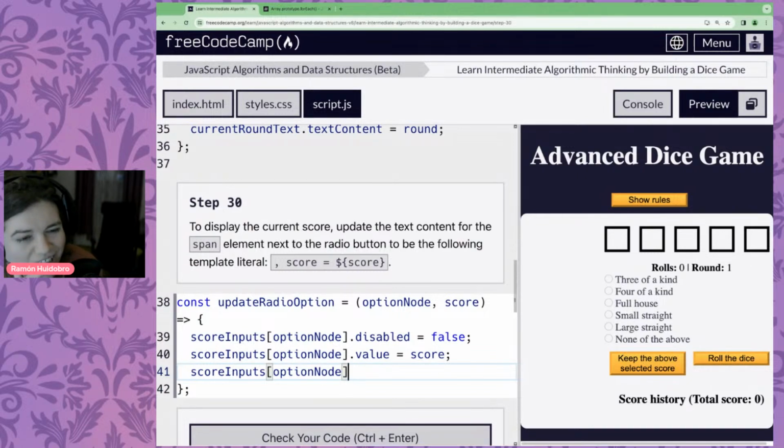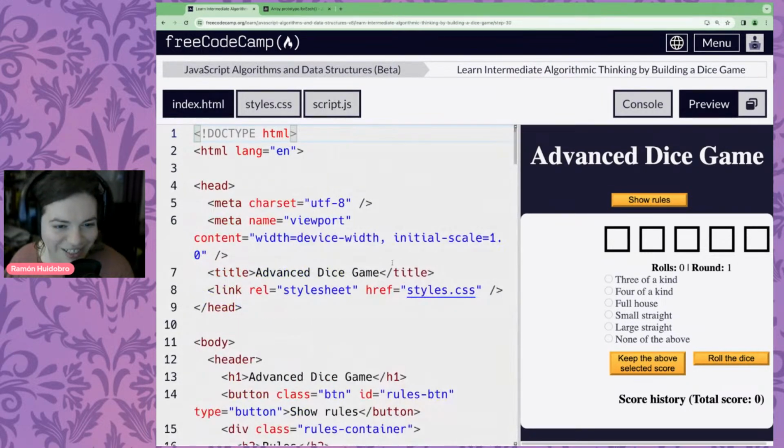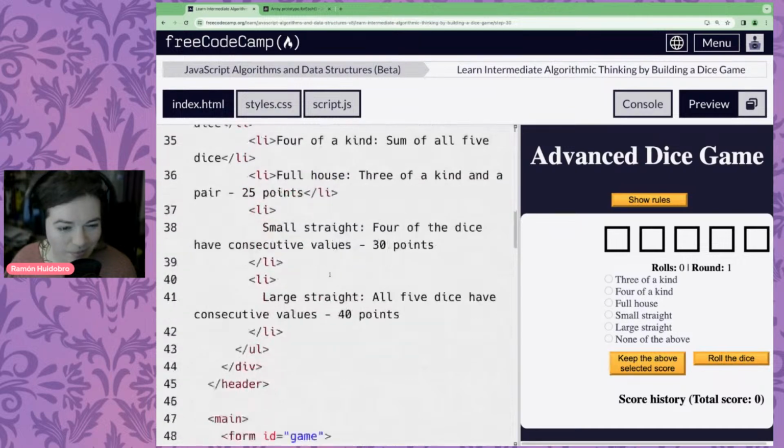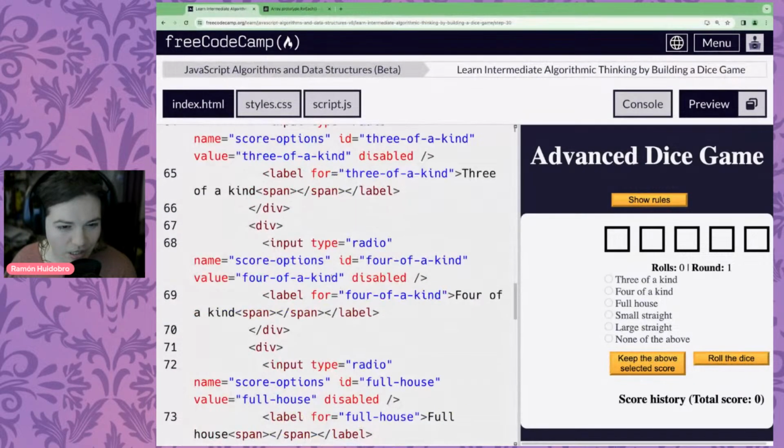How do you get an element that's next to the radio button? Hold on. Let me take a look at the HTML real quick. Because we want the span. Does it have an ID?